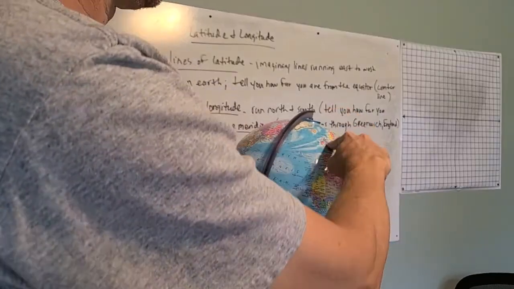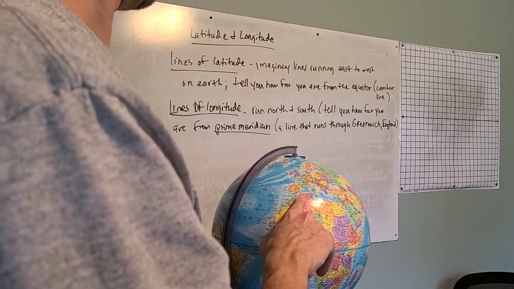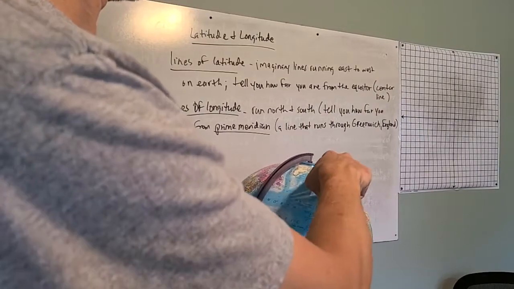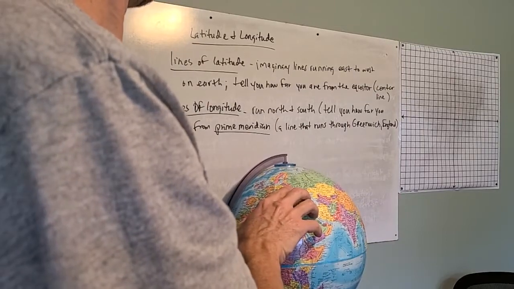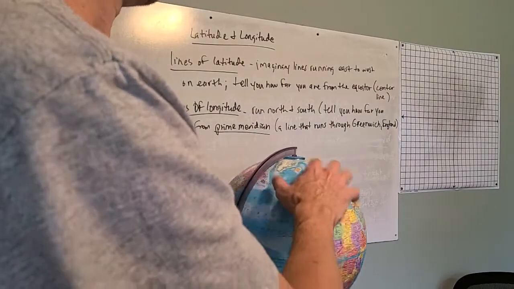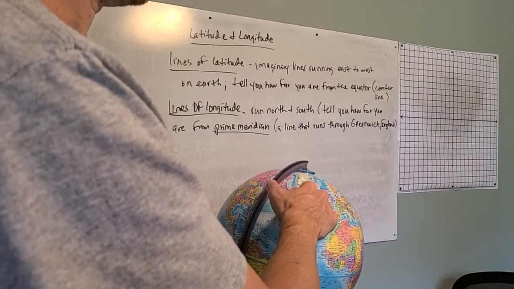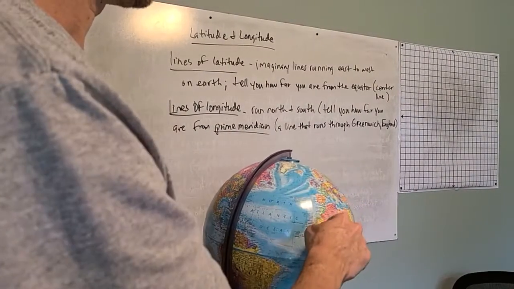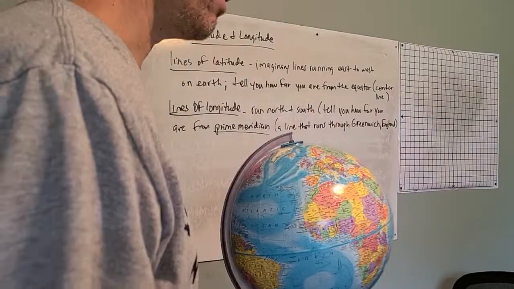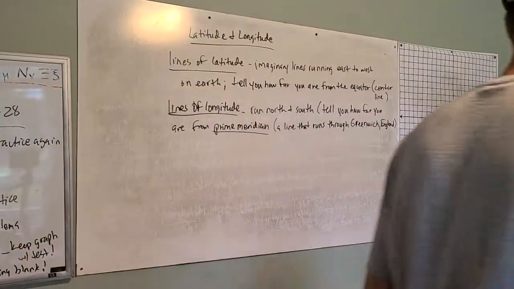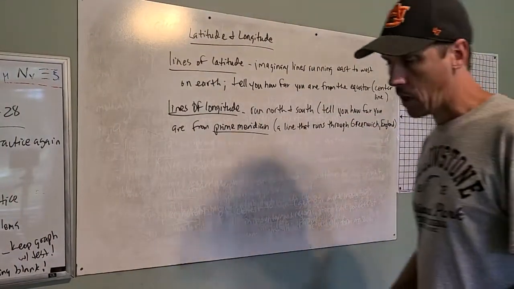This is 0 as far as longitude goes, and so if we go over this way, this is 15, 30, 45, but west, so 15 degrees west, 30 degrees west. But since here's where the line runs through England, this would be 15 degrees east, 30 degrees east. So that's how we measure longitude and latitude. All right. I'm going to stop